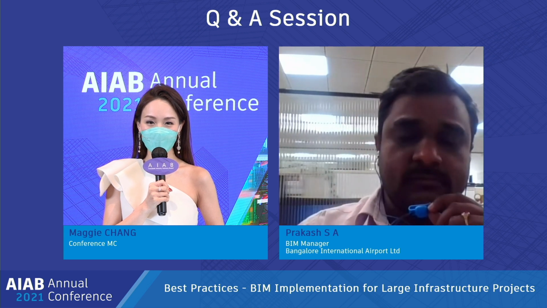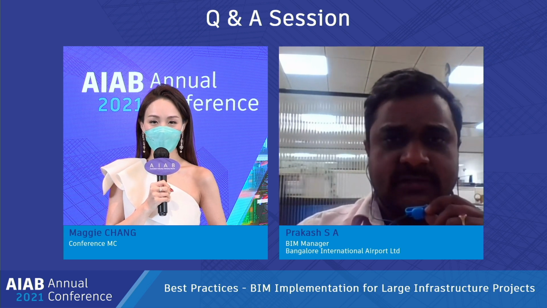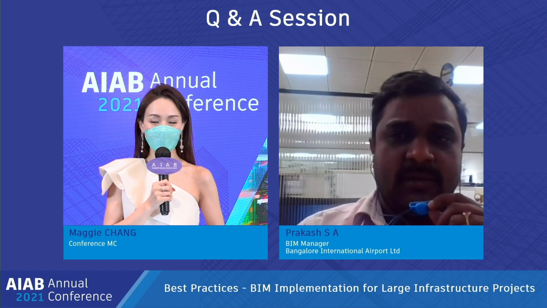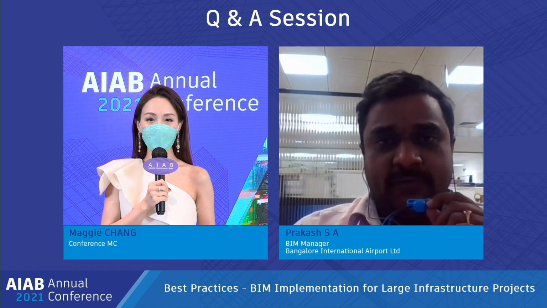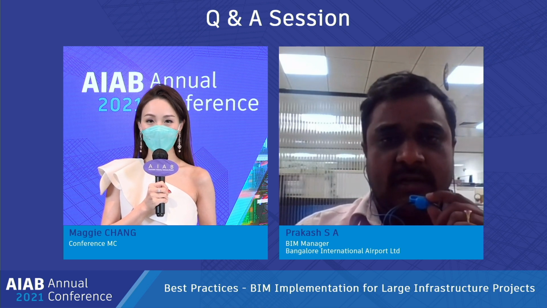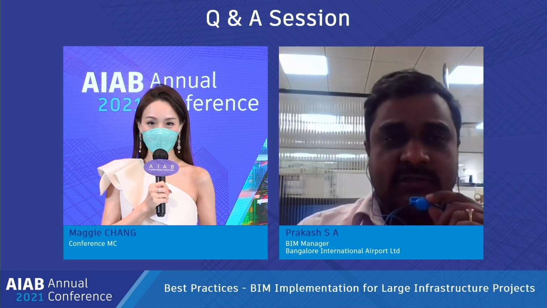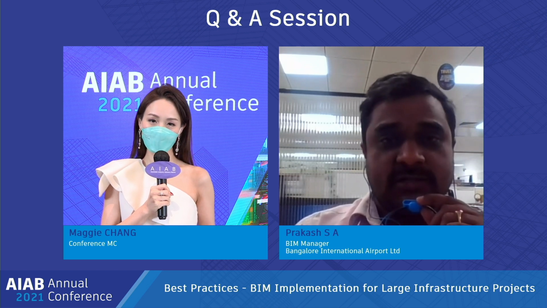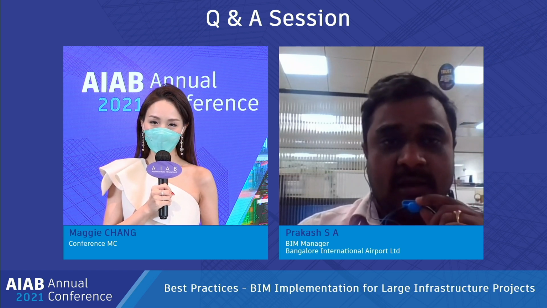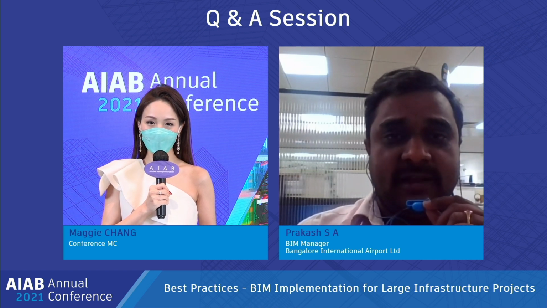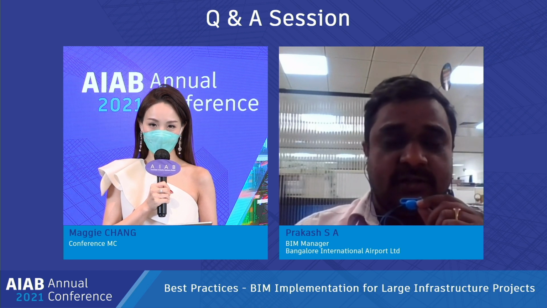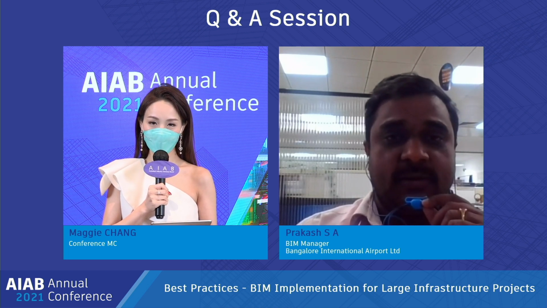Okay, in the traditional way, I used to work in AutoCAD. It's only a 2D-based concept. Once you move to the BIM platform, we go from 2D to 3D, and virtually we can design it in the office, and that virtual model goes to the site for execution. This is a major transition, and it's working nowadays in the airport. We can see this major transition in airport design to construction, extended to operations and maintenance. These are the major changes from the traditional to the new concept.